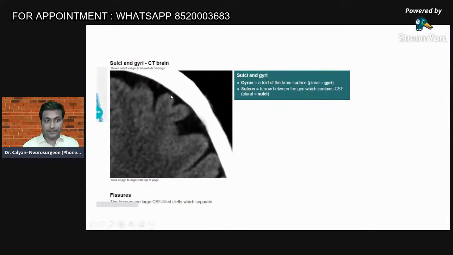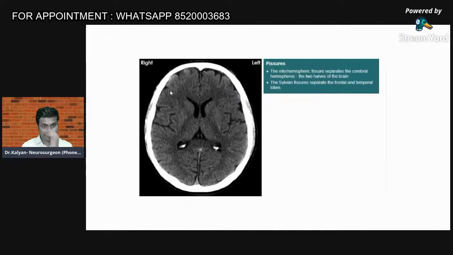This is very important. So this is the surface of the brain. The surface of the brain is not a smooth structure. It's convoluted. These convolutions, these dips, what are these called? These are called sulci. And these elevations are known as gyri. The mountains are the gyri and the valleys are the sulci. And the sulci are filled with CSF. This one is very important. This we will try to identify in this scan.